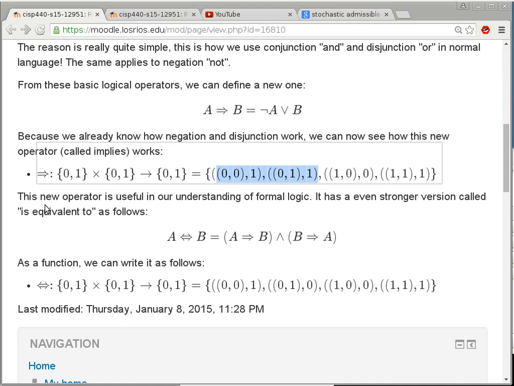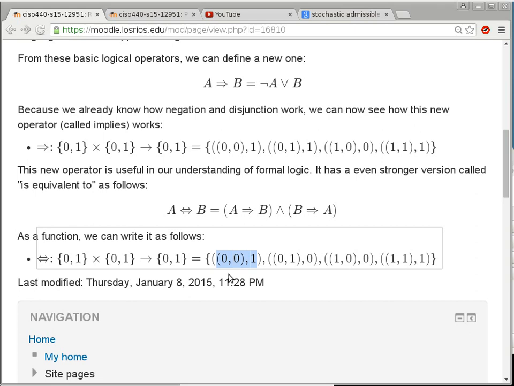And then there's another one, it's called equivalent to. When you look at the double-sided version of the implication, it's called equivalent to. Now equivalent to can also be defined like this. It means A implies B and B implies A. But the consequence of being the conjunction of A implies B and B implies A is